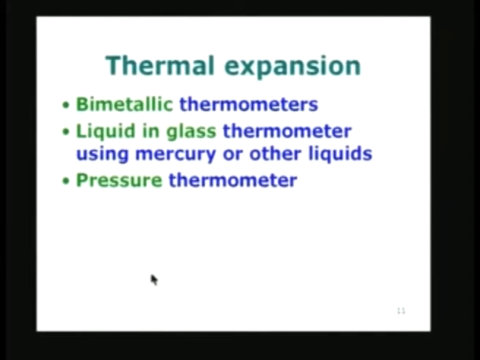The third one is which uses thermal expansion. In fact, we know that most materials will expand on heating, and the change in the volume can be used as the thermometric property, and in fact we have several of them. The liquid in glass are very common. For example, we use mercury or other organic liquids, taken in a small capillary with a bulb. The bulb is a reservoir to hold the material, and the capillary gives an amplification to the change in volume in terms of the length.